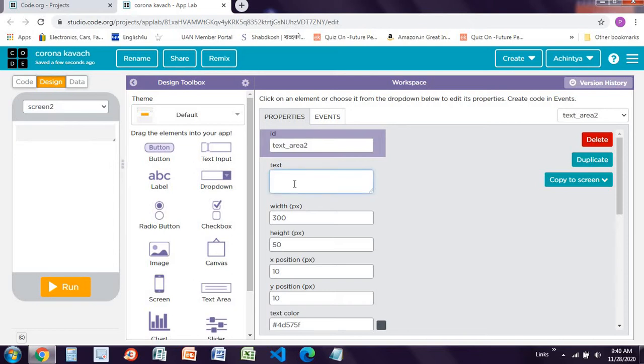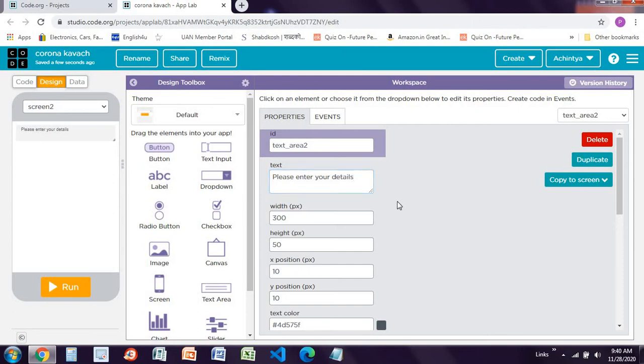And here we have to write, please enter your details like this. Okay, I've made one spelling mistake by mistake.